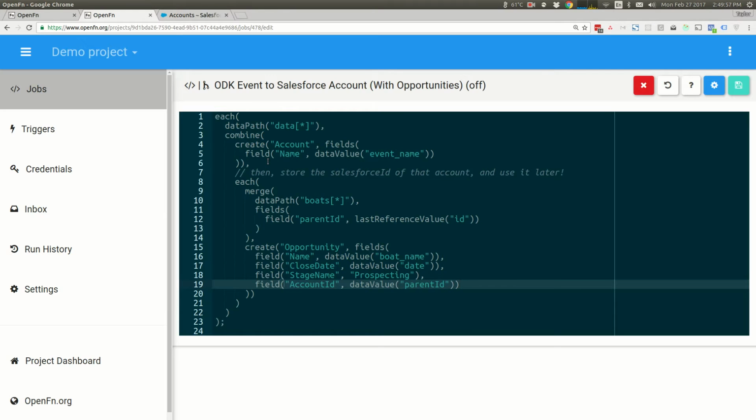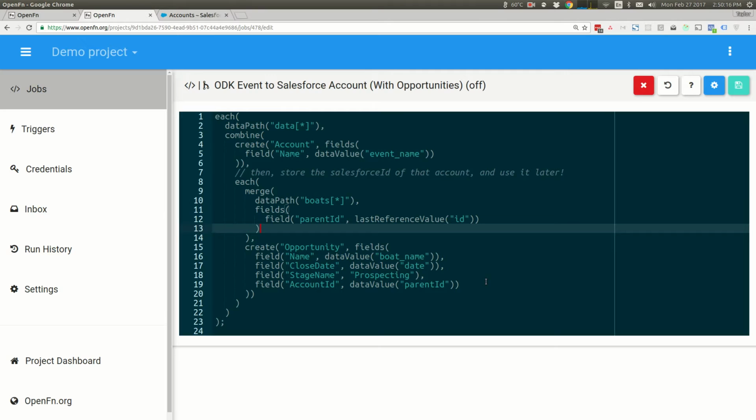So we're actually accessing this new key that we just created by building it into our boats array. And what we're hoping is that this thing now creates an account in Salesforce and 2 opportunities that are